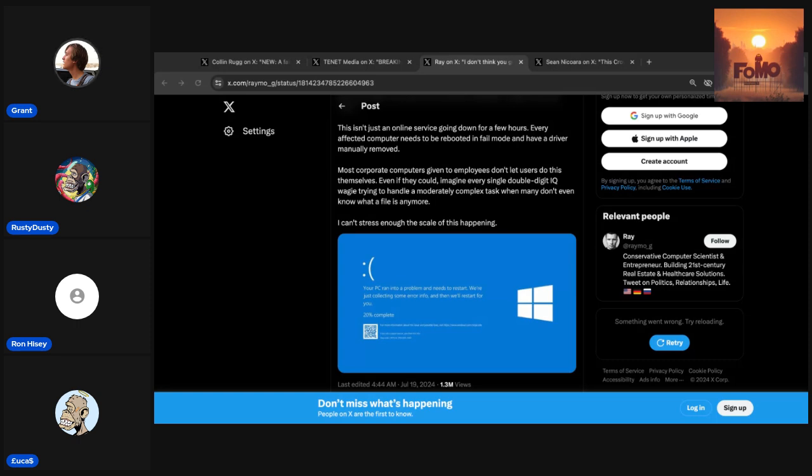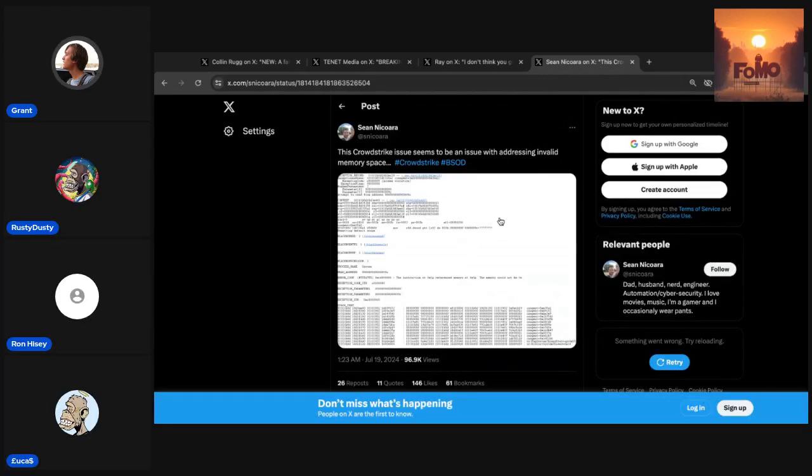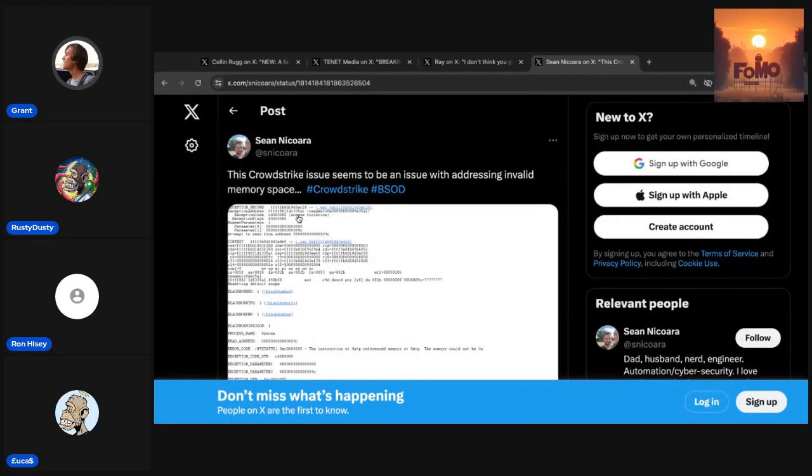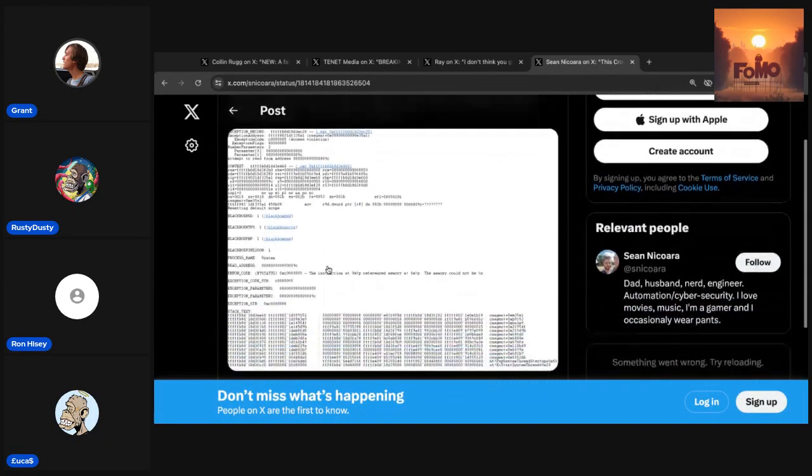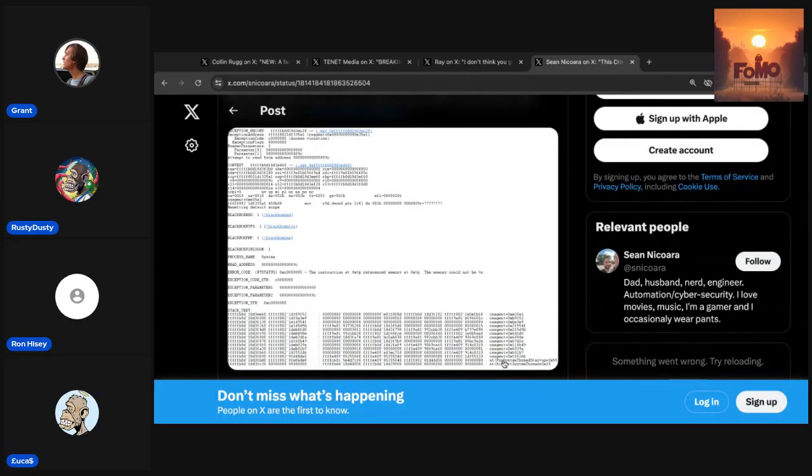Maybe I can zoom in on this and show exactly what this guy said is happening here. It's this particular little piece of software that got pushed, and this is showing where it did a bad thing. See, it says memory could not be read, through an exception. That's all software hacker gobbledygook, but essentially what it says is a piece of a file, like a kernel driver used by CrowdStrike. They pushed out a new one, and that one had a problem with it.